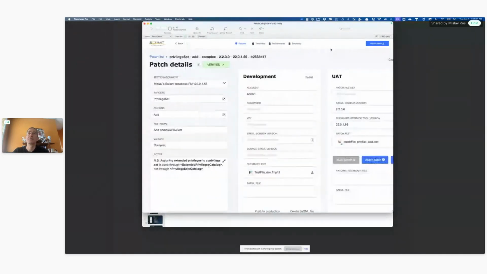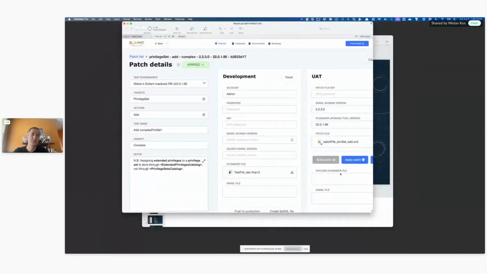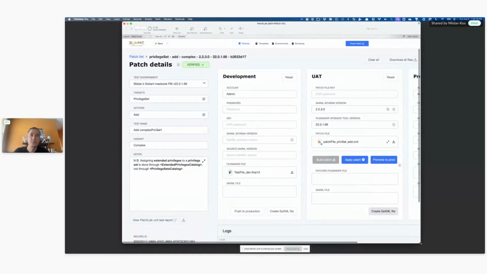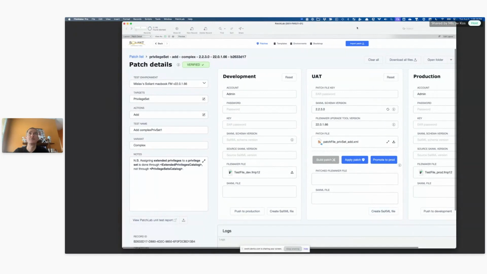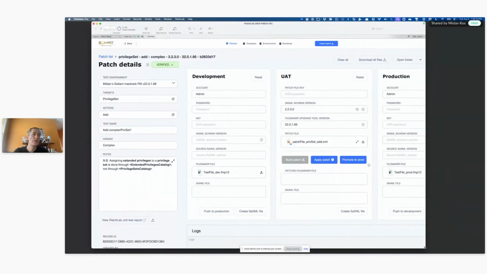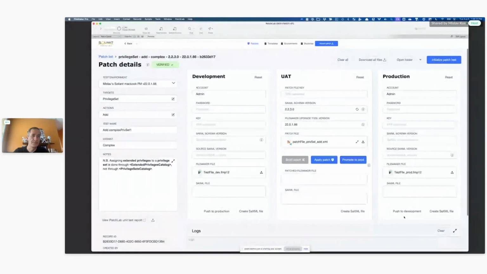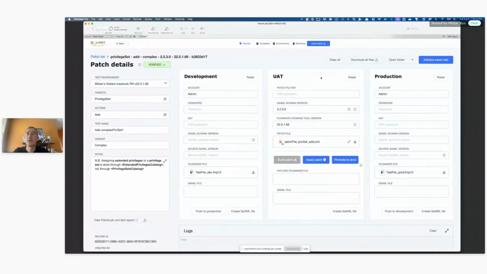Let me see if I can blow this up a little bit, because I am seeing some of the comments saying that it's too small. So hopefully this will be a little bit better for people. And I'll try to speak up too. All right. So that's as far as I'm going to go now. A little bit later, I'll build an actual patch and apply it so we can see what that looks like too. But for now, I just want you to have a visual of what we're building up to, and I will